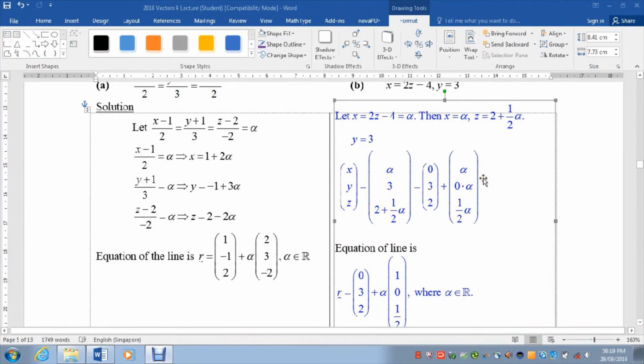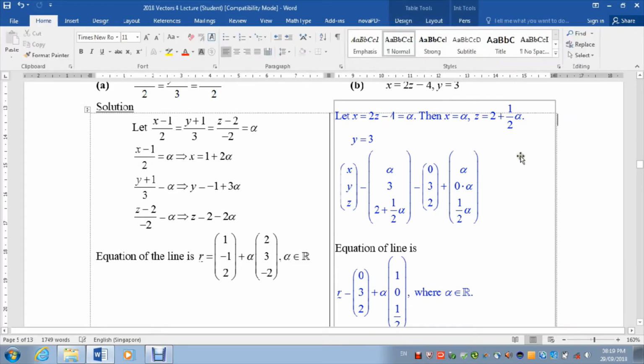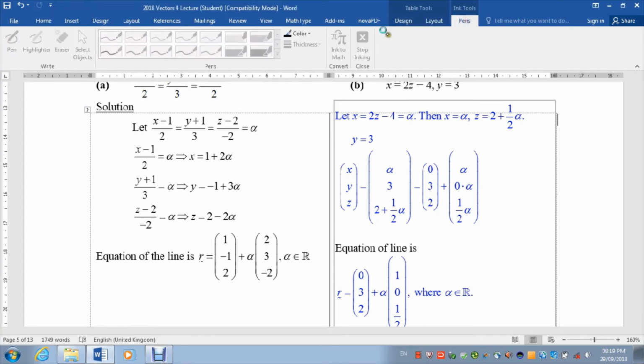Okay, so now if you have tried B, hopefully you managed to find the equation of the line, which is this. If not, let's look at how we can do it step by step. First we will define x to be equal to lambda, and because x is lambda, it will give us z equals 2 plus half lambda. So how do you get that? Basically, based on the equation above,